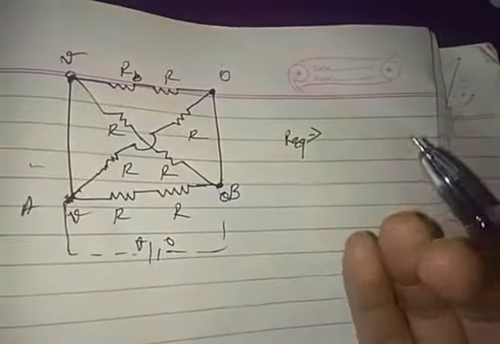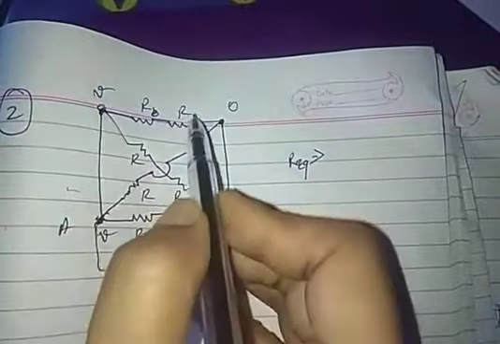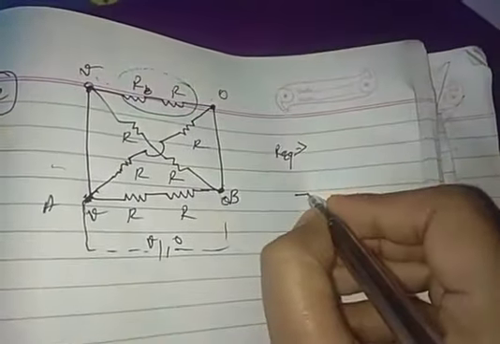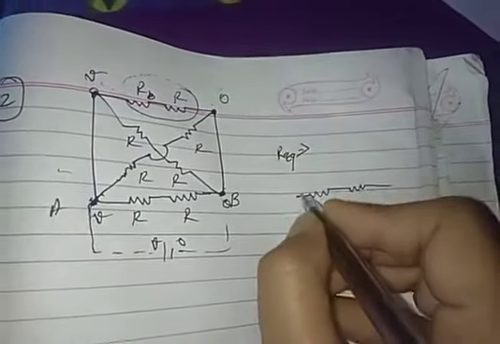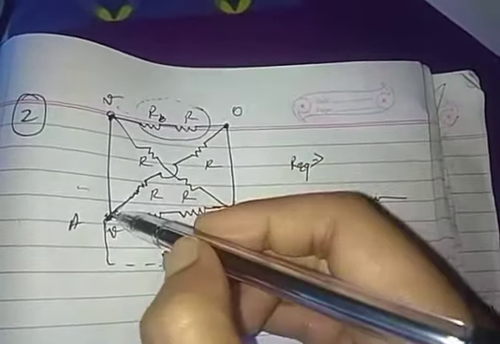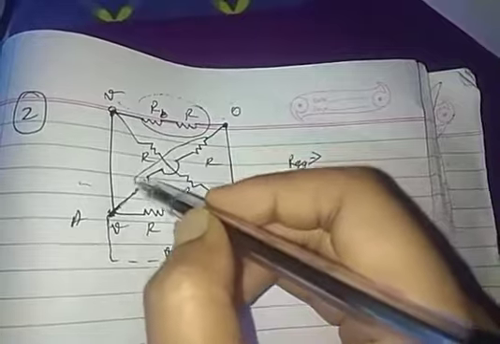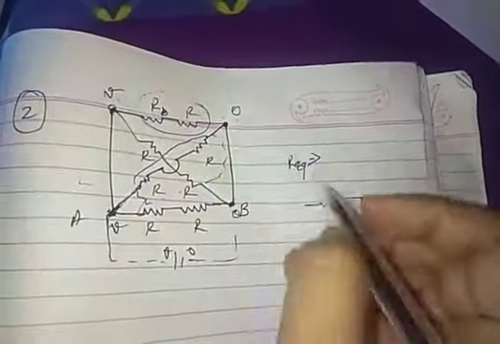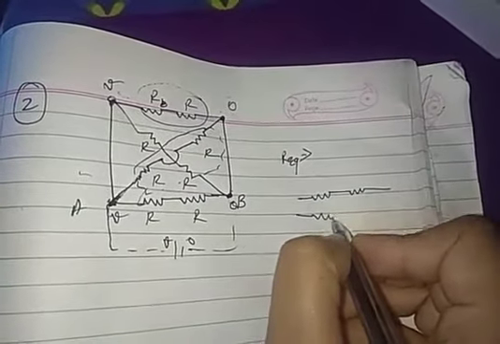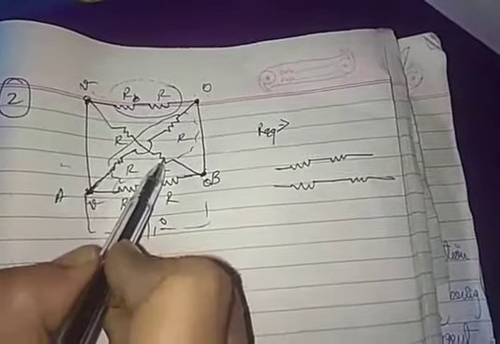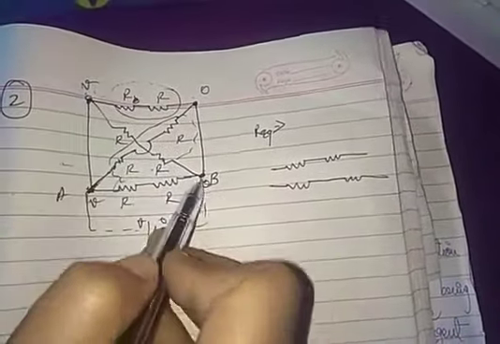Now just make the circuit as we have done. So first we will be making this one. The potential is V and 0. Yes, again we will be making for this and this. You can see, this and this. So here also the potential between this is V and 0. Now let us make for this and this. The potential is V and 0.